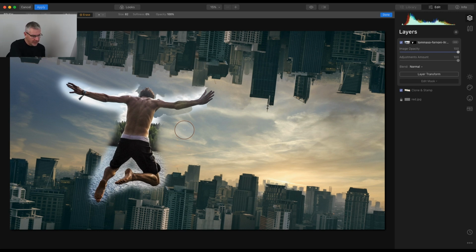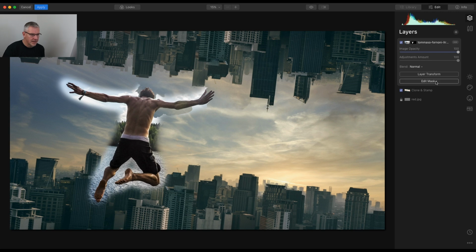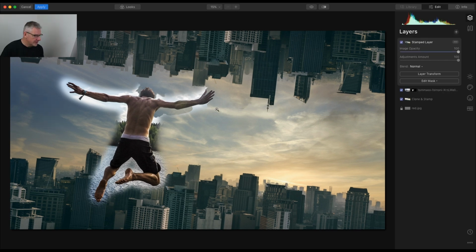And as I said, I'm going to add the sun down in this area here. I'll click Done. I'll click Edit Mask. And what I'm going to do is I am going to stamp the layer. If you imagine he's finished for this one, I'll go create new stamped layer. As I said, this is his back in here. I'm just going to show you how the sun was added and the reason I created a stamped layer to do it. I would then, once this was finished, I would then go back in, delete that layer,